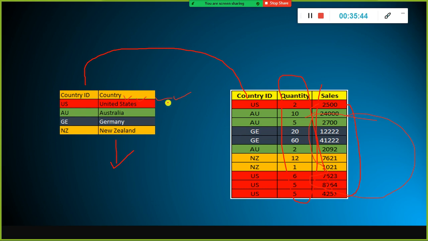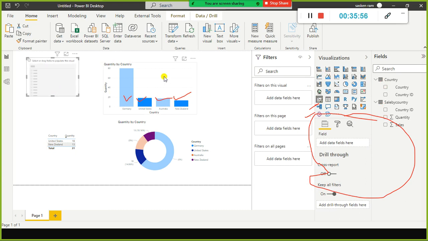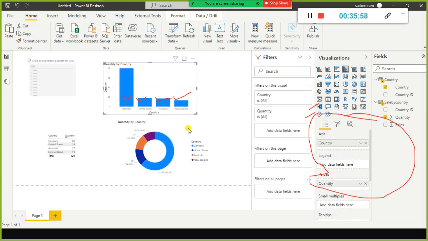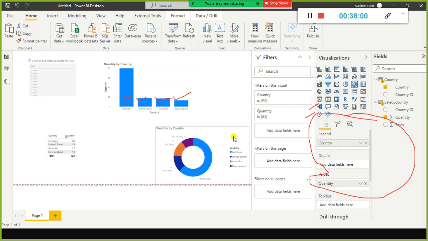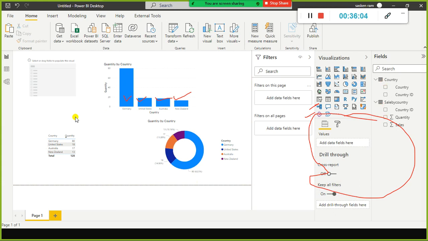Now let us go back here. Let us take another example. I just select the slicer. We have something called a slicer. Using a slicer, we can apply the filter. We can do some kind of cross filtering. What I have shown was cross highlighting. There are two types of filtering, cross filtering and cross highlighting. Listen very carefully.